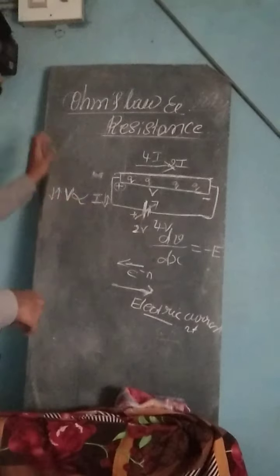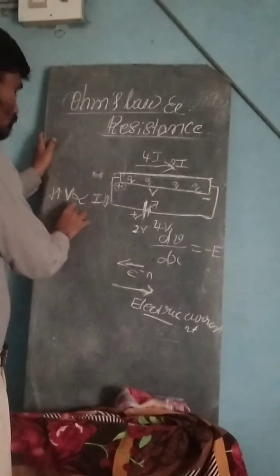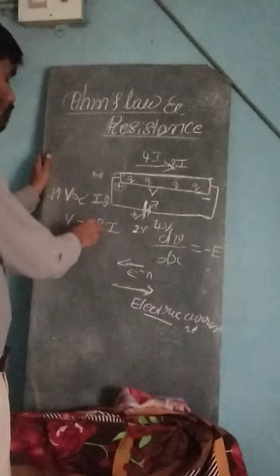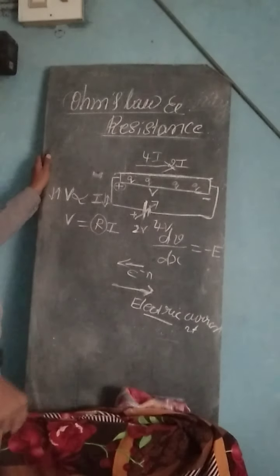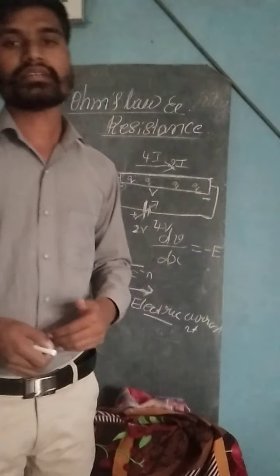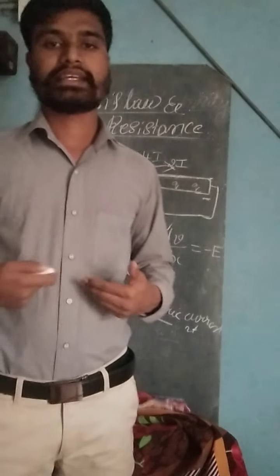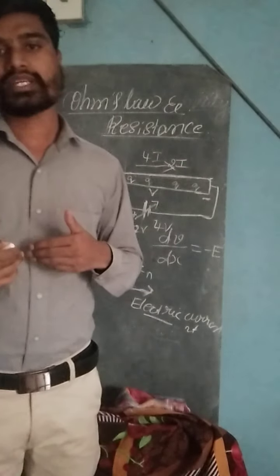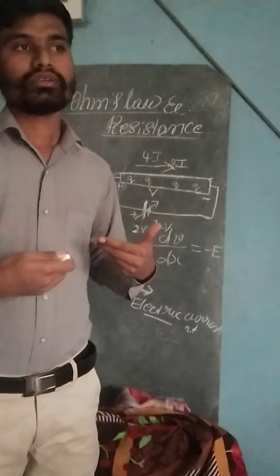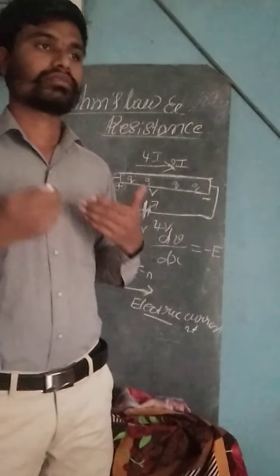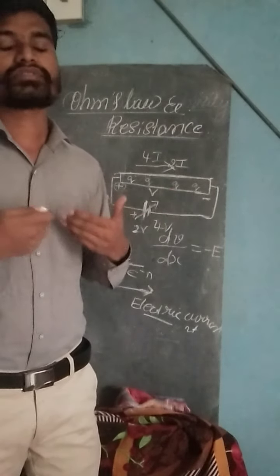In this relation, the proportionality constant is written as R. This proportional quantity is called resistance. So what is resistance? Consider one example. If I am riding a bike and some people are gathering in front of me, when I ride, people are opposing me. So what happens? I slow down. My bike is slow. It is not possible to move.